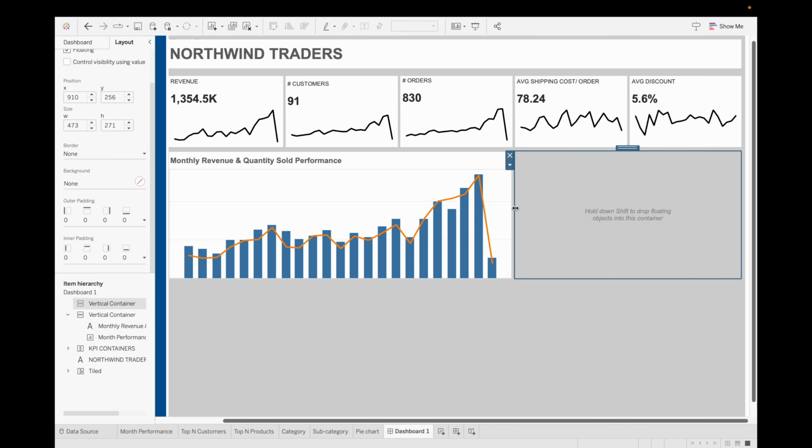Now let's add our pie chart as well. Adjust the size of it. We don't want to show its title. We are getting a big size, so just go to sheet and decrease the size of it. Okay, now go to sheet and now you can see we are getting the pie chart in good shape, and just